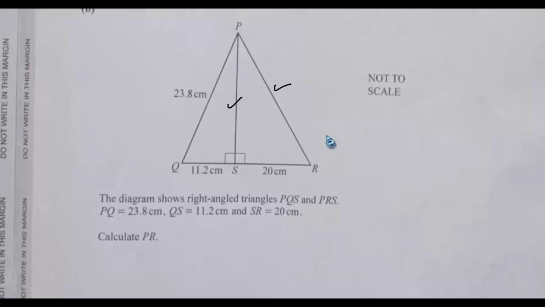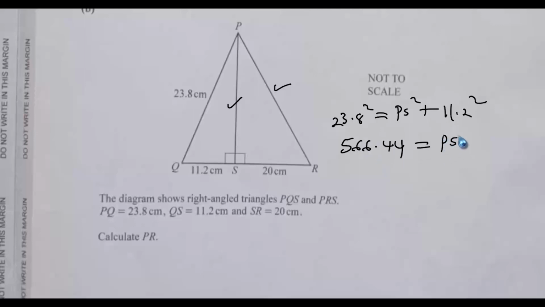The longest side, which is the hypotenuse, is 23.8. So 23.8 squared must be equal to PS squared add 11.2 squared. 23.8 squared gives 566.44, equals PS squared add 11.2 squared, which gives